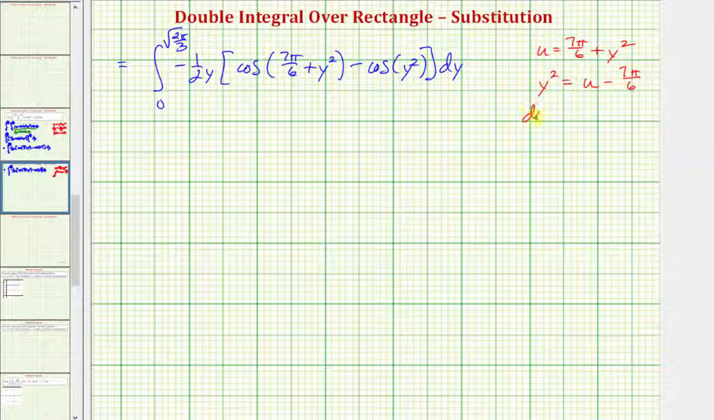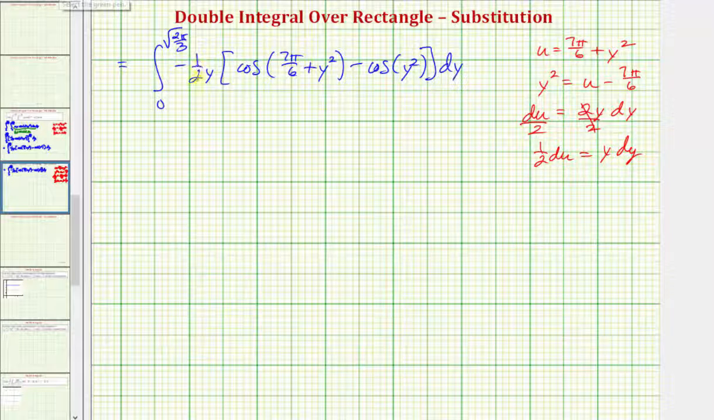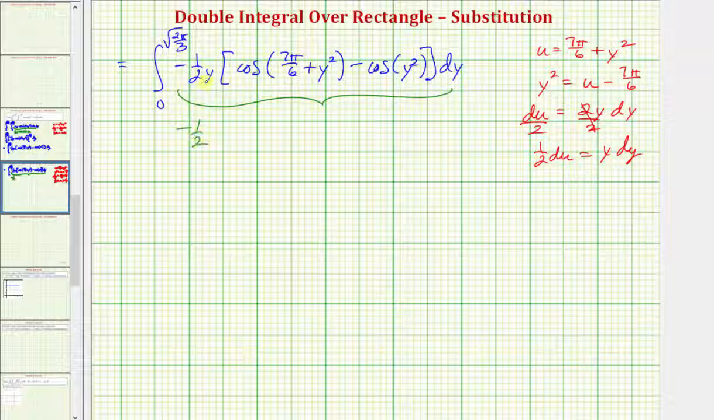And now we need to find differential u, which is the derivative of 7 pi divided by 6 plus y squared with respect to y times differential y, which would be 2y dy. Again, we don't have a factor of 2, so let's go ahead and divide both sides by 2. So we know that 1/2 differential u is equal to y dy. So writing all of this in terms of u, we have this factor of negative 1/2, and then y dy is equal to 1/2 du, so we have another factor of 1/2,